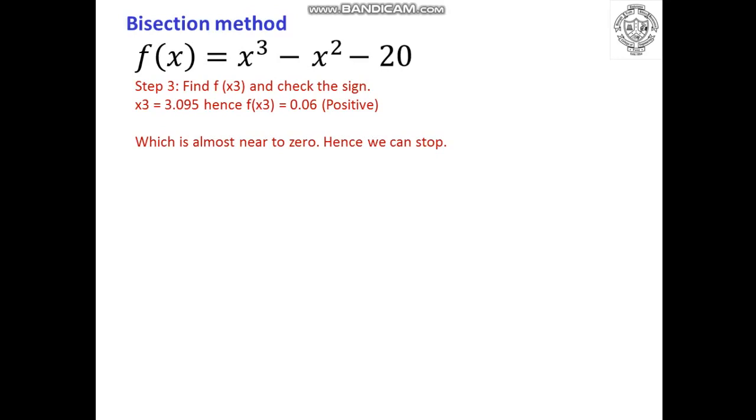It will be given in the numerical, either by the iteration method. Many times the number of iterations is specified. So if it is said to find the root of the equation for this particular function, which is x cube minus x square minus 20, using the bisection method, using 5 iterations, then you have to perform 5 iterations and you have to stop. So this is how the bisection method is employed to find the root of an equation.